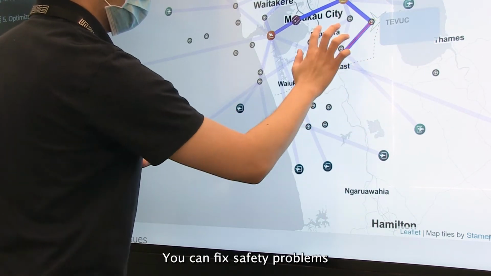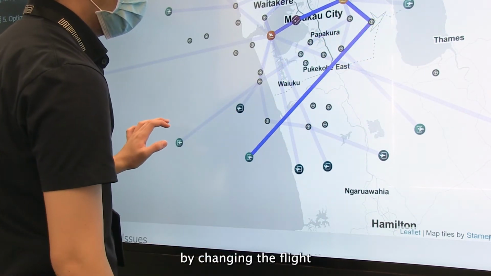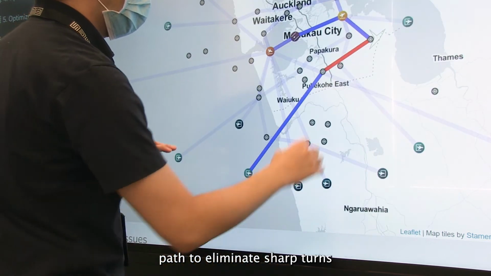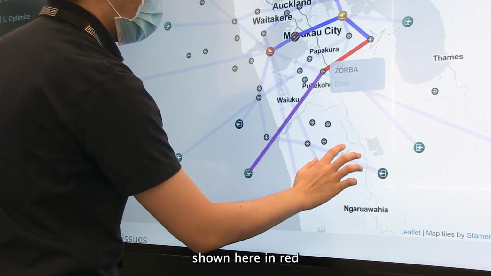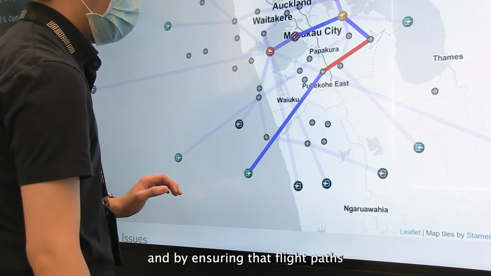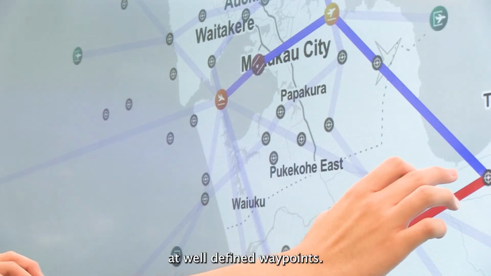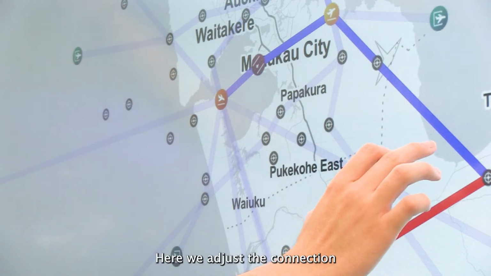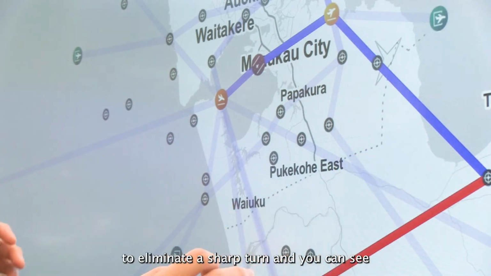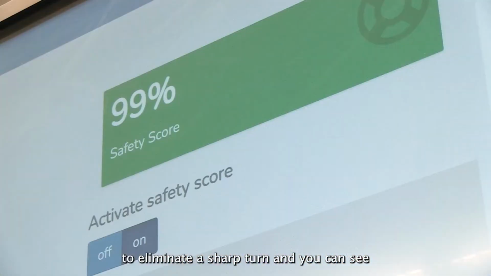You can fix safety problems by changing the flight path to eliminate sharp turns, shown here in red, and by ensuring that flight paths cross each other at well-defined waypoints. Here we adjust a connection to eliminate a sharp turn, and you can see the safety score increase as a